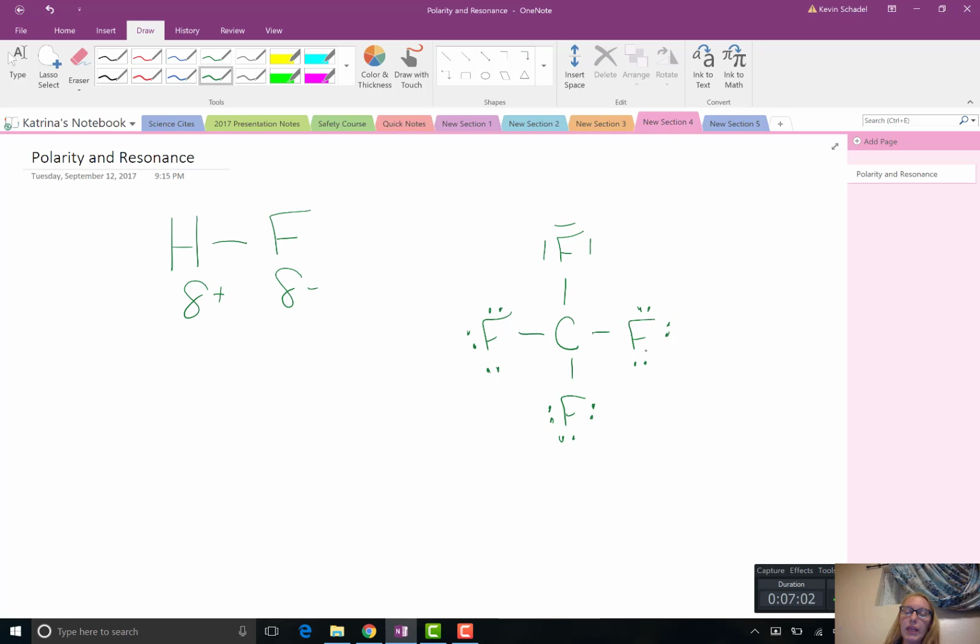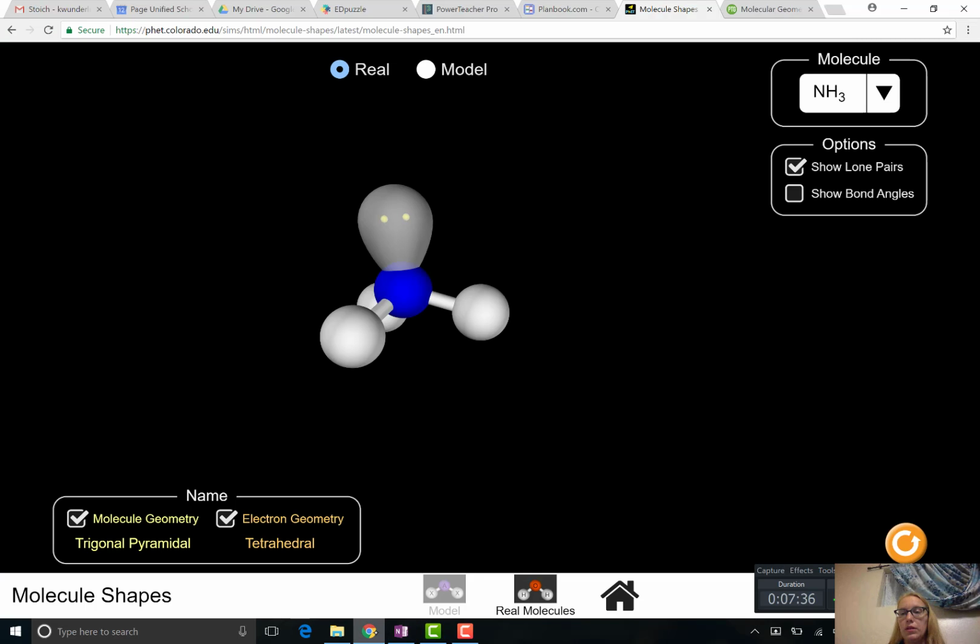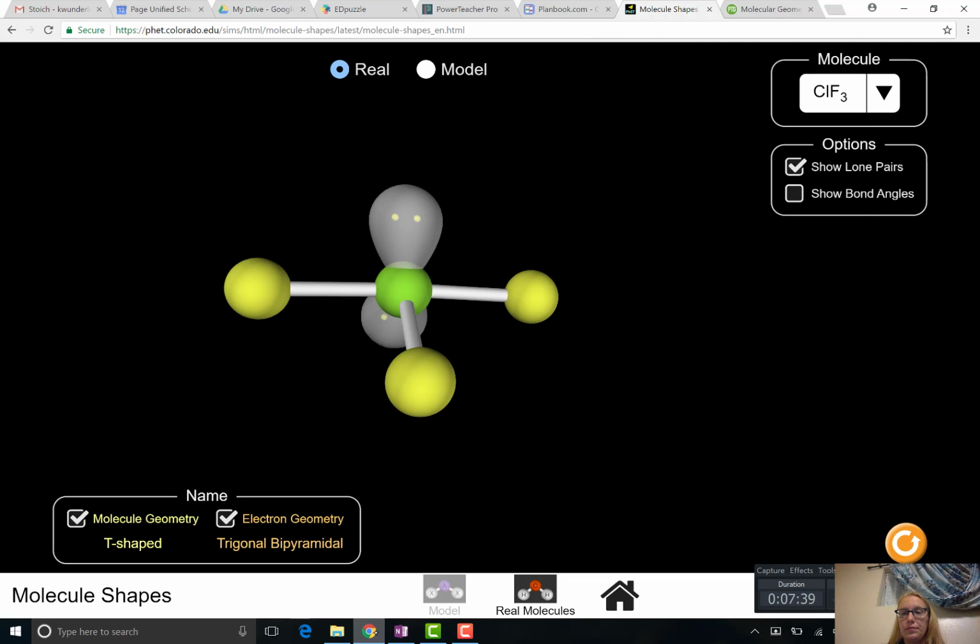So here I have 4 polar bonds. I have a partial negative charge on each of my fluorines because fluorine's more electronegative than carbon, and a partial positive charge on carbon. Now, if you're just looking at a piece of paper and you're not taking into consideration the whole molecule, it might be easy to say, well, the electrons aren't distributed evenly. Right here in this belt, there's more electron density than here in the center. But if you actually look at the whole molecule, again, this is where